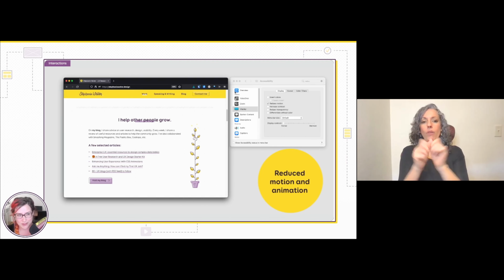actual users. And then also, don't forget, if you have content that is moving around and playing automatically on your interface, users need to have a way to stop that. So like videos on sliders, things like that. So in your design, you need to have this kind of play pause button as well.